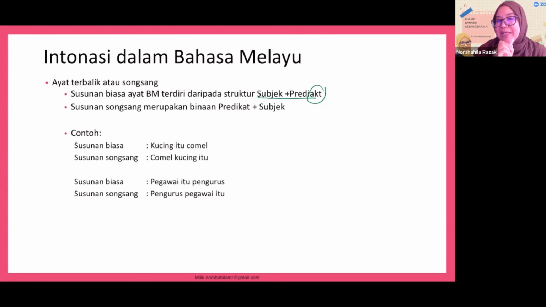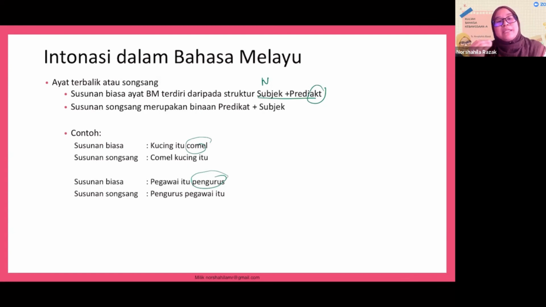Subject is always a noun. Okay, subject is always a noun. It's either people, place or animals. Okay, itu comel. Kucing itu comel. Comel kucing itu. Pegawai itu pengurus. Pengurus pegawai itu. Okay, bila tengok predikat duduk kat depan, when you pronounce the sentence,